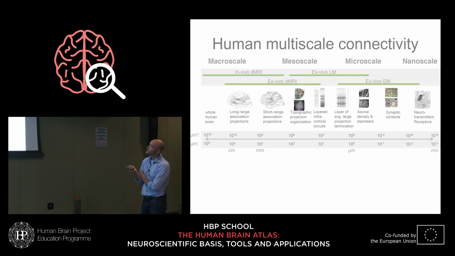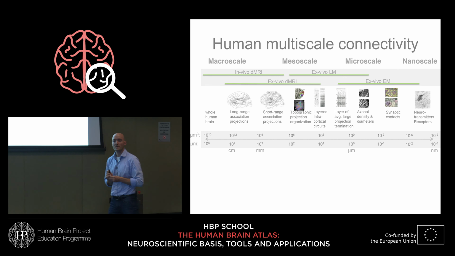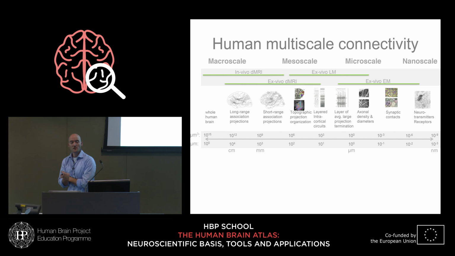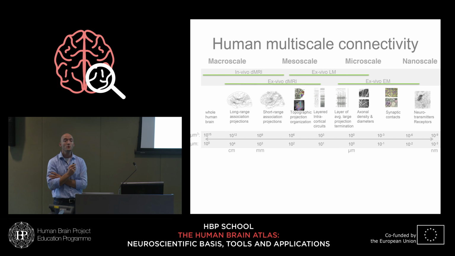That, though, is at the border of what perhaps even ex vivo diffusion MRI could do, and therefore we then get into the realm of ex vivo light microscopy. Now, light microscopy in itself is a huge field and has many different modalities, right? There is bright field or wide field microscopy that you can do in sections, that you have seen a lot about. There's PLI, but what I will focus on today is a set of new techniques in the second